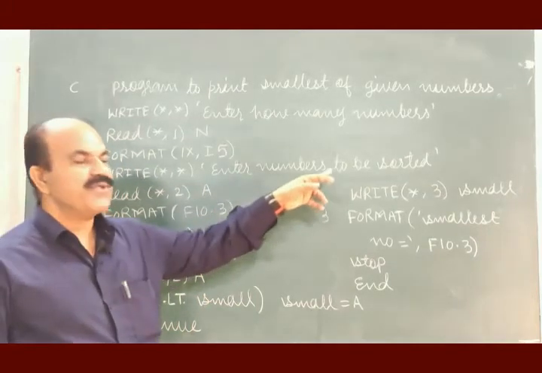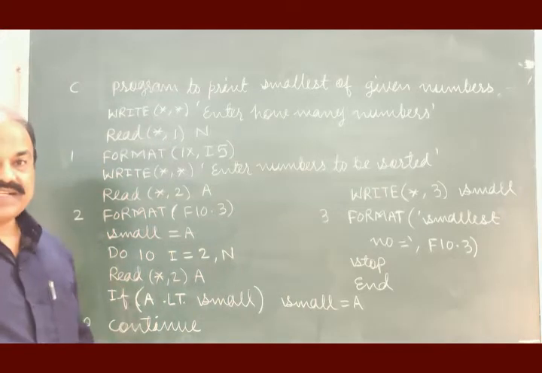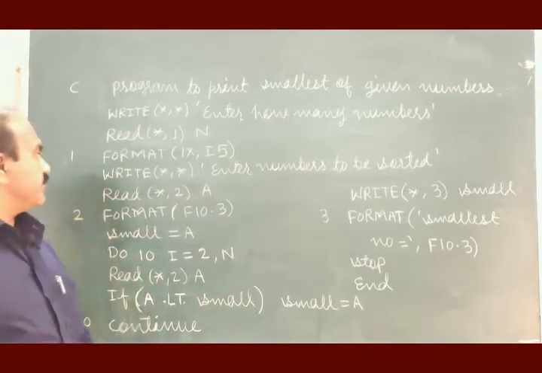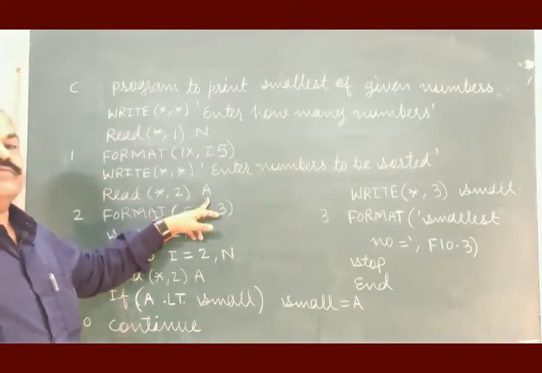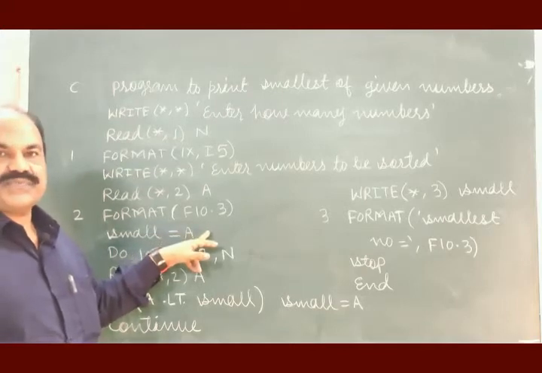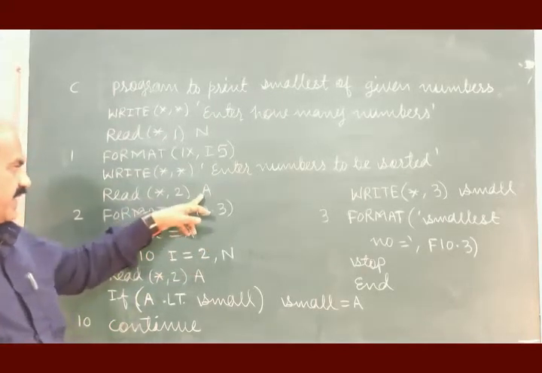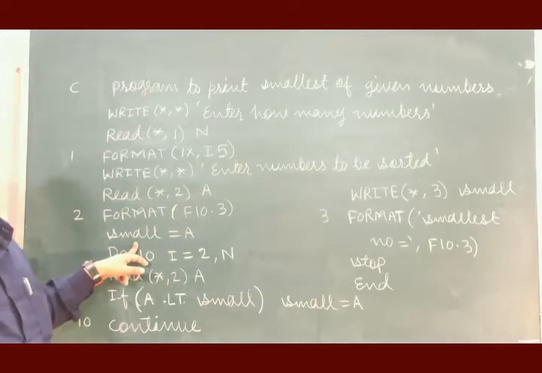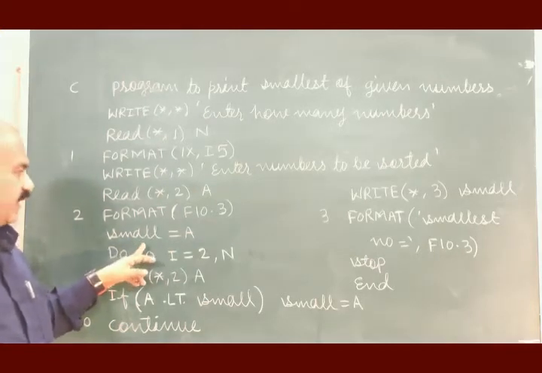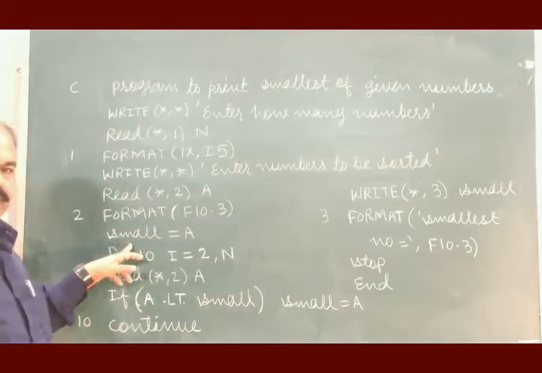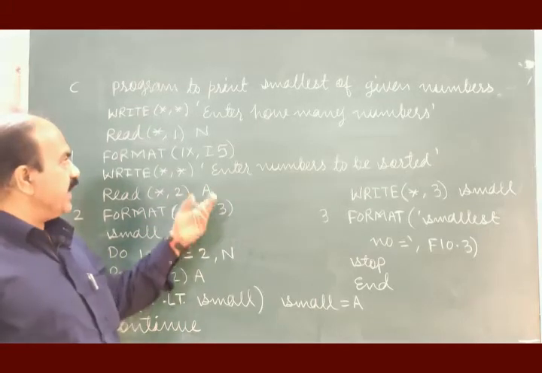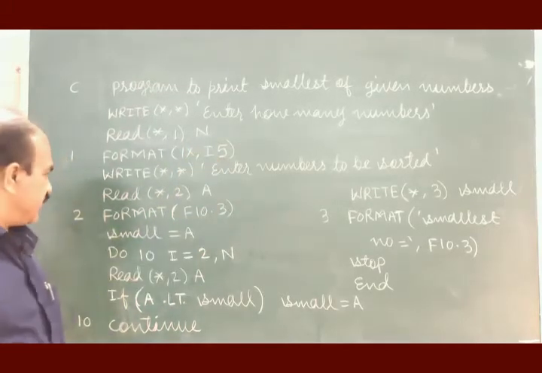Enter numbers to be sorted. To print smallest of these given numbers, we have to do the sorting. Read, first number we are reading. Format used is this. The first number read, A, is made equal to small. Small is a variable, and here we took small is equal to A. The first number read from n numbers. Then